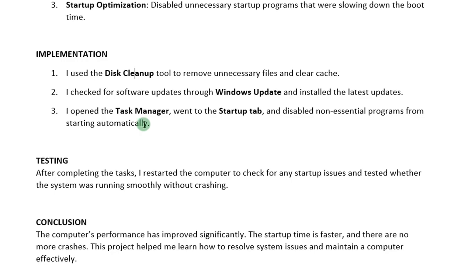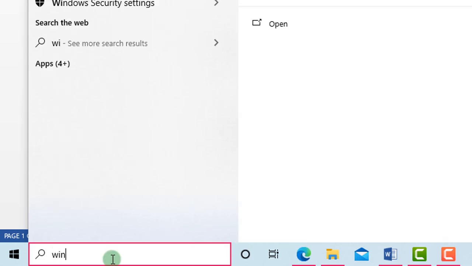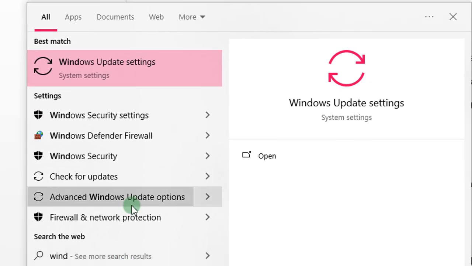Now, I check for software updates through Windows Update and install the latest version. Let me show you how to do it directly. If I move to this level, I just write Windows Update. See, the thing is coming out here. You see Windows Update settings. If you click there,